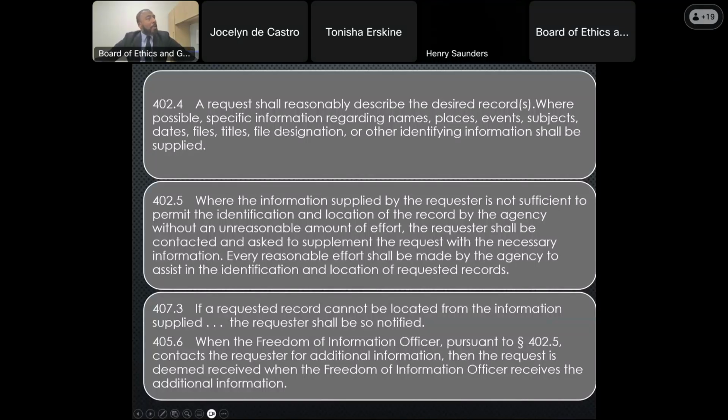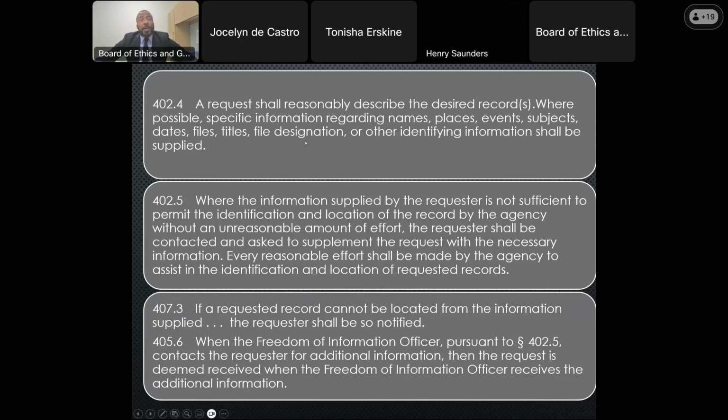And then a few bits of code from the DCMR on this subject. A request shall reasonably describe the desired records. Where possible, specific information regarding names, places, events, subjects, dates, files, titles, file designation, or other identifying information shall be supplied.